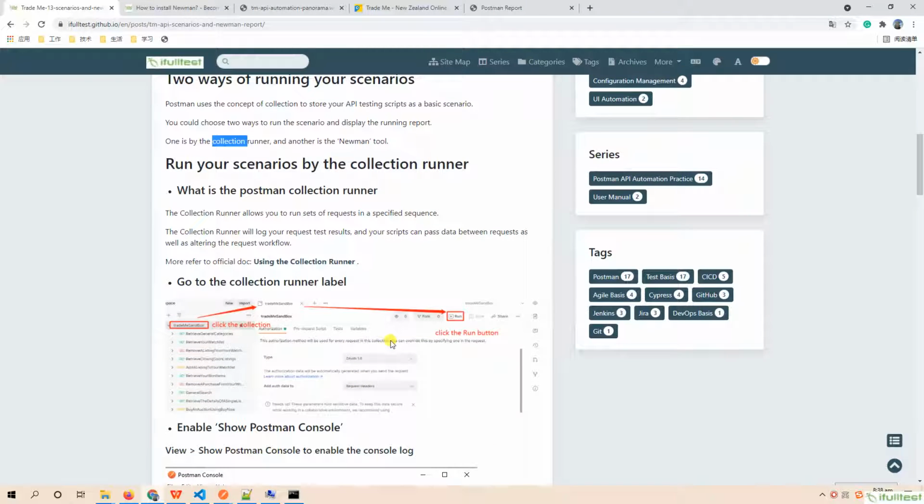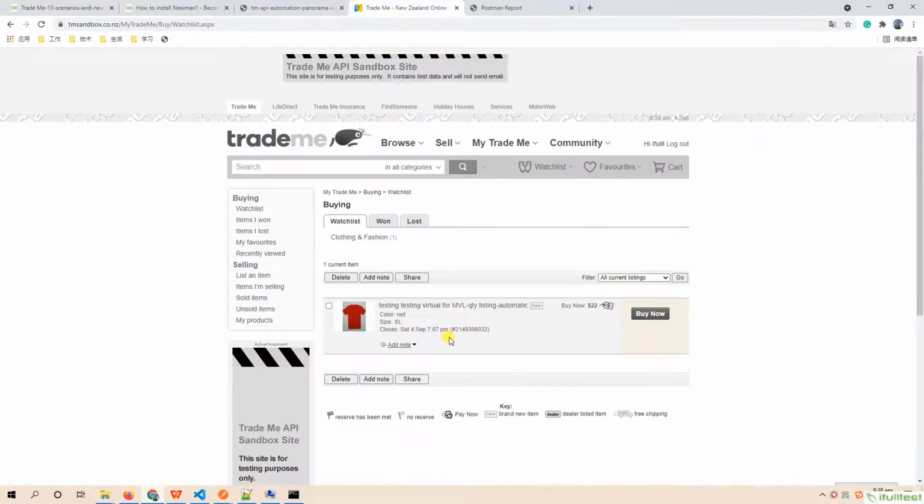Second, I demonstrated how to run a scenario through a collection runner and gave a comparison on the front-end UI pages before and after running a collection runner. Third, I showed the way to get HTML and CLI reports through running the Newman command line.